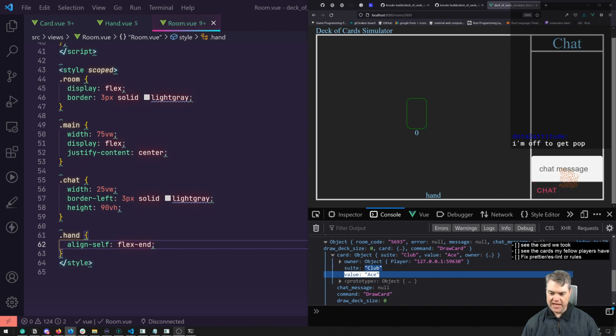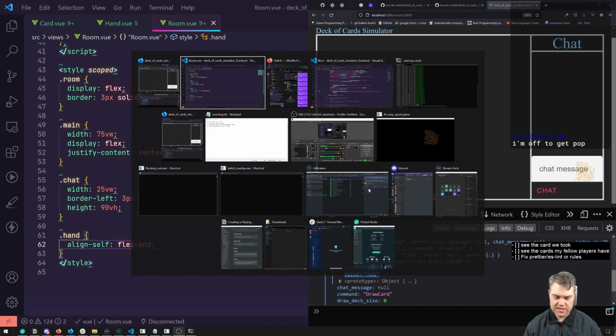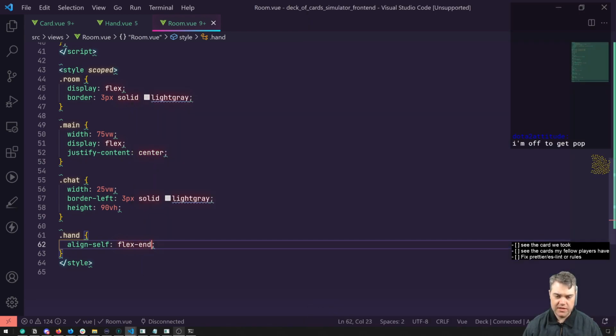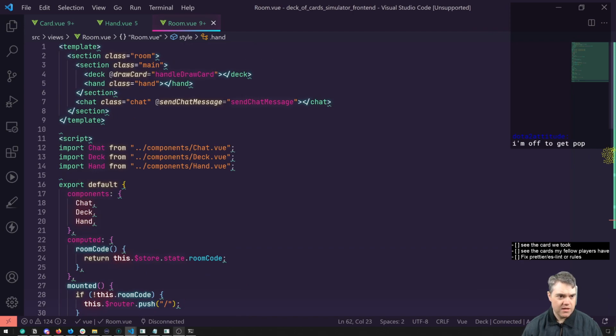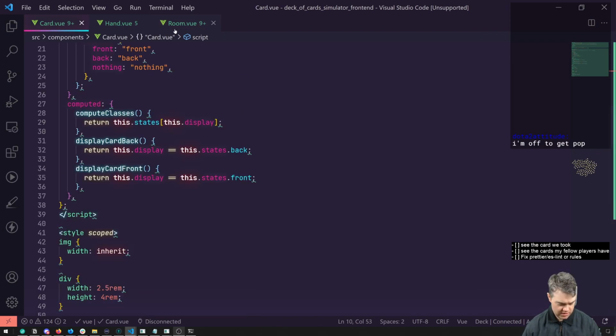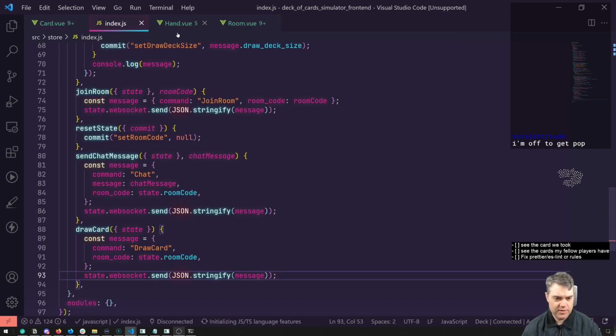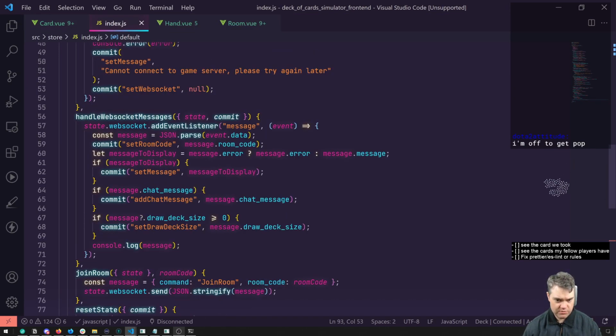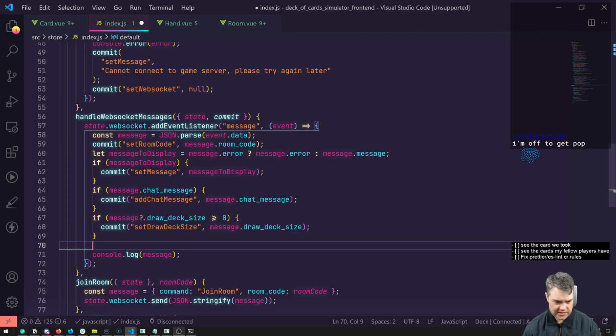So I need to throw that in here. So this is going to be our front end. When we receive a message, our store is getting a little bit complex in here. So we're going to want to break this out a little bit more. Now that I have the command, that would actually be easier to do, because now I can say, like, if